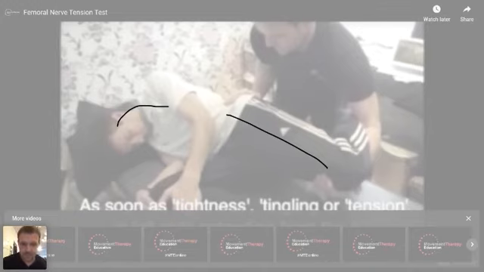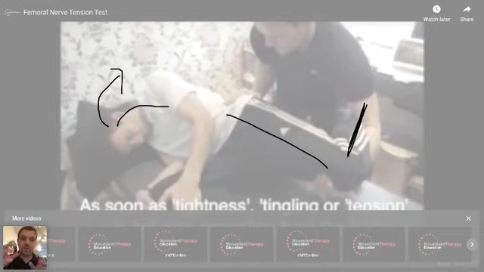So what you've got to try and do is keep that leg there dead still so that doesn't move. But when they feel a stretch, you then get them to take their head backwards. So you're not changing the position of the leg, but you're changing the position of the head. So if the tension eases off, it can't be your quads that's causing the symptoms because you haven't moved the quads. You've only changed the head position. So it's more likely to be the nerve than it is the muscles.